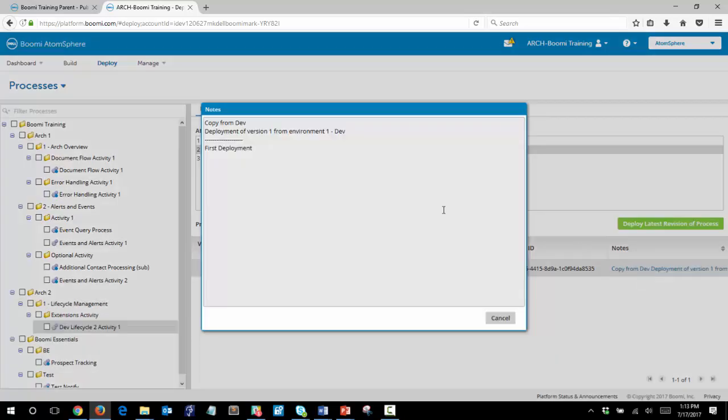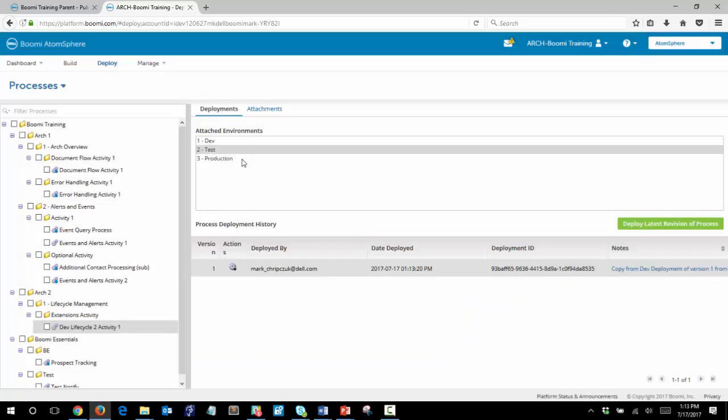And if I click on the notes, you'll see that this is my note, copy from dev. And then the platform also added this note, deployment of version 1 from environment 1 dev. This is the first deployment. That was my initial note. So click cancel. And if you wanted to do this one more time from test into production, you would simply